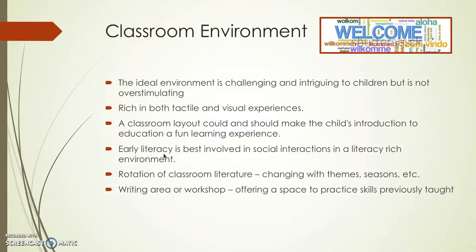When it comes to selecting books to read to children, it's important to have them take a look at the books, hold the books, feel the books, and see what they're really getting and have it all in front of them so they know what they're being exposed to. When books are on the shelves or in bins for children to look at and use, they need to be rotated often so that children can be exposed to more books and more literature. This rotation can easily coincide with the changing of themes in the classroom, seasons of the year, or anything that may be pertinent to what is being taught at that time.